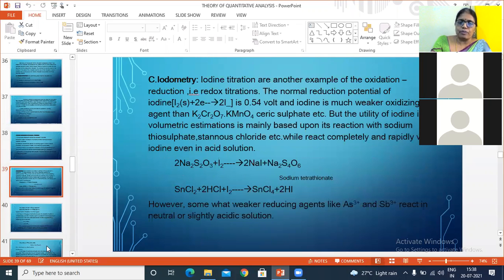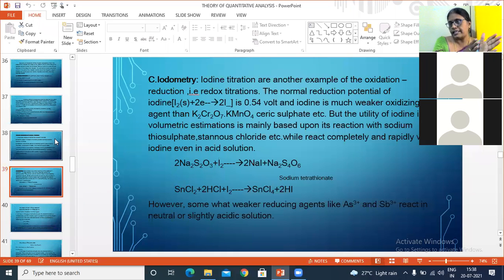Next, how can we perform the procedure? It is similar to potassium permanganate, the procedure which I discussed in yesterday's class. We take the KMnO4 in the burette, take ferrous sulfate in the conical flask, add 20 ml of sulfuric acid, and titrate against KMnO4. Appearance of pink color is the end point, because potassium permanganate itself is a self-indicator. So the appearance of permanent pink color is the end point. Stop the burette and measure the volume utilized.